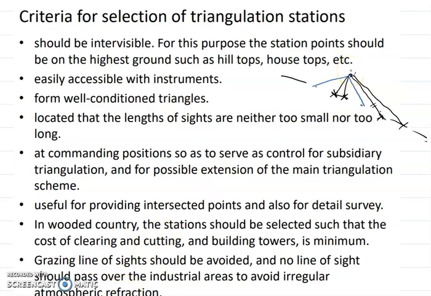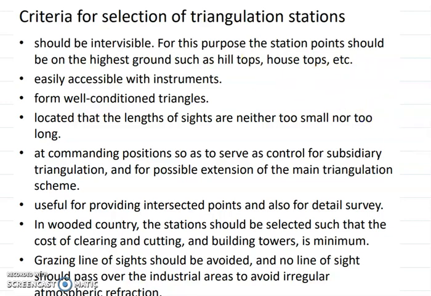Now clearly you can see that this angle, this angle or this angle, none of them are less than 30, neither are they more than 120. So when I say it should form a well-conditioned triangle, the length of the side should be neither too small nor too long, which is obvious. If this is going to be too long, then some angles are going to be very small while some angles are going to be very big. Similarly here also, if you are trying to fix with these 2 black lines, then this angle is going to be very small. Although this may be good enough, this angle is going to be very small. So such kind of arrangements of stations should be as far as possible avoided.